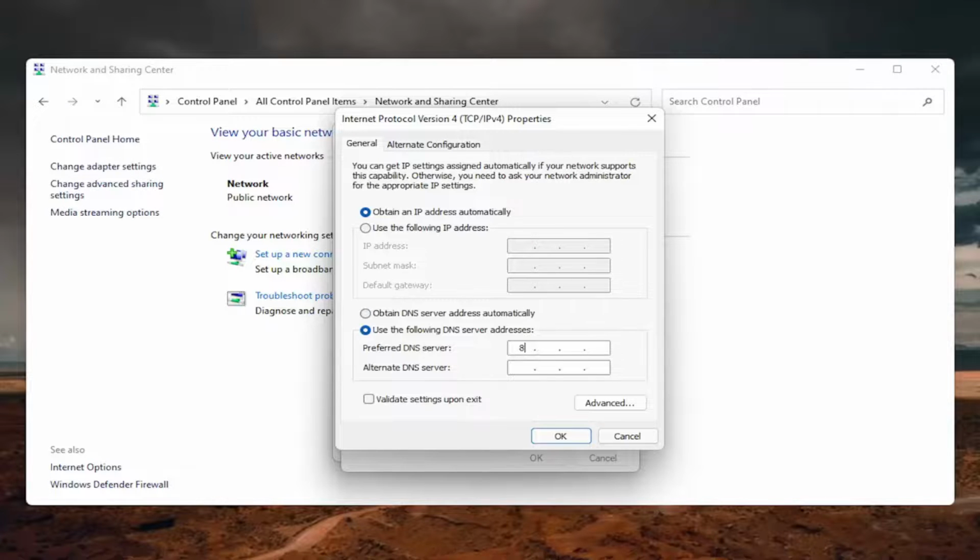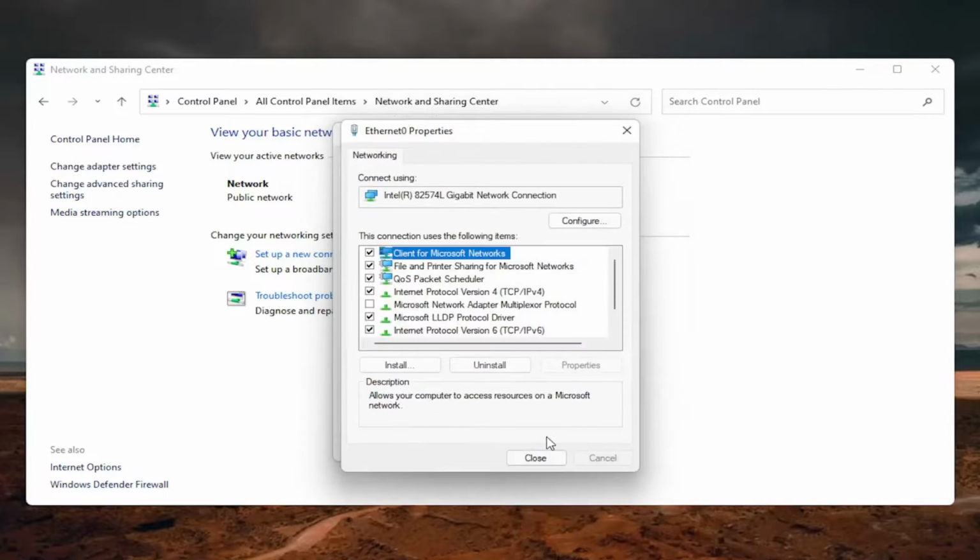So it's going to be 8. And then click inside the second field here. So it's going to be another 8, 8, 8. You're just going to make sure each one of these 4 sections has 1 8 in them. And then the alternate DNS server, it's going to be 8.8.4.4, exactly how you see it on my screen here. So you don't want to have more than one number in each field. And then once you're done with that, you can go ahead and check mark validate settings upon exit, select OK,